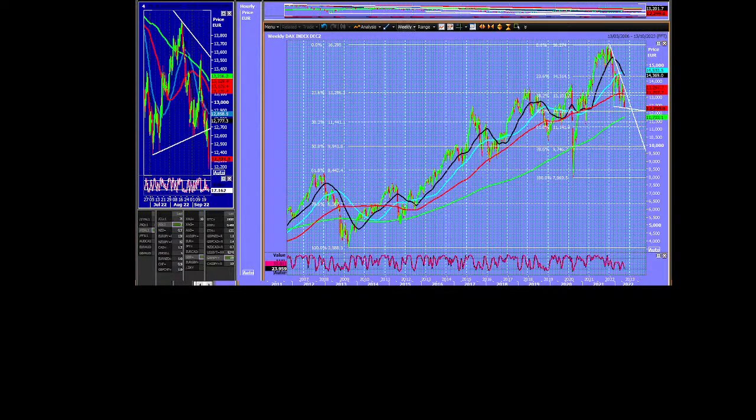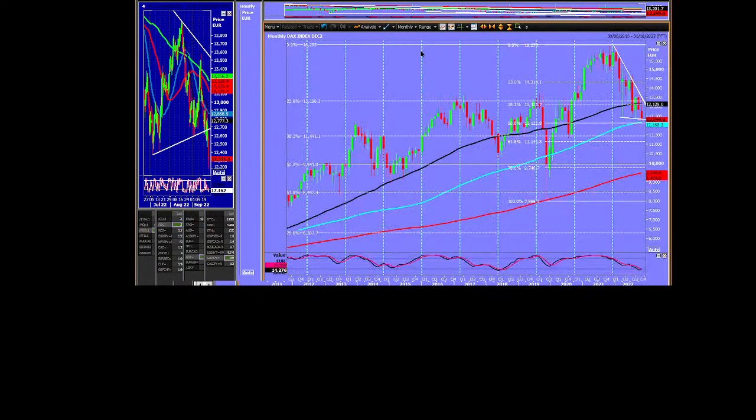Let's have a look at the monthly. Sorry, LMK2. I don't know what that means. Right, okay. Oh, this is interesting. The 100-month moving average is being tested now. Again, I didn't know that. Naughty boy. I didn't look at my monthly chart, which is why you have to, because this is really important.